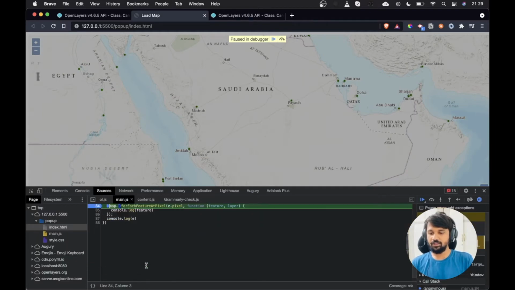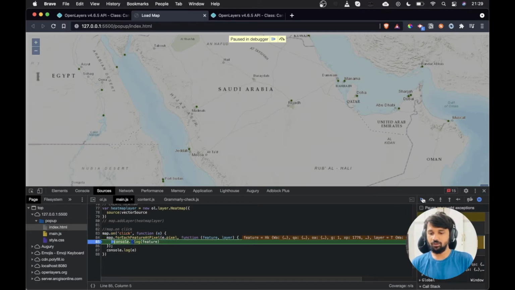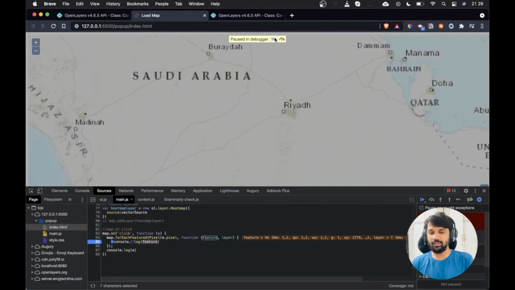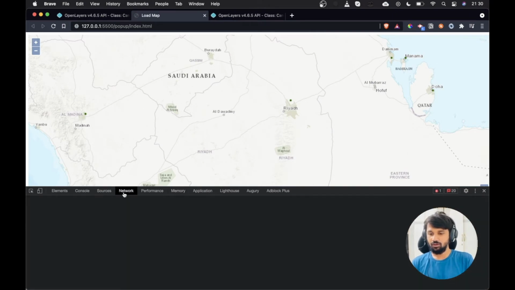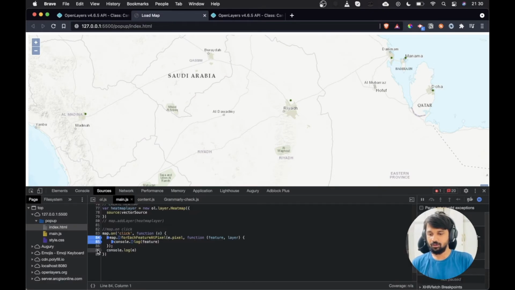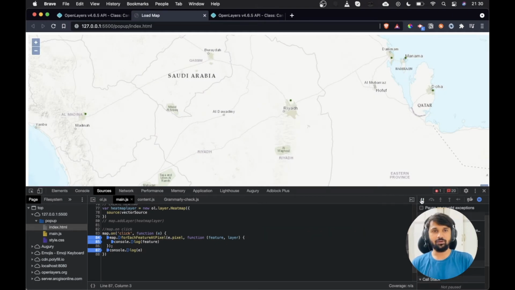You can see that we are inside the map.on click, and if I put the debugger here and hit play, you can see that I got some feature out of the click. This is what we want. And how we can confirm that we got the feature is that if I click outside, for example here, I will again add the debuggers, maybe here and here. If I click here, you can see that we get inside the map.on click event, but we don't get any feature at all. This confirms that we will only get the result when we click on the feature.